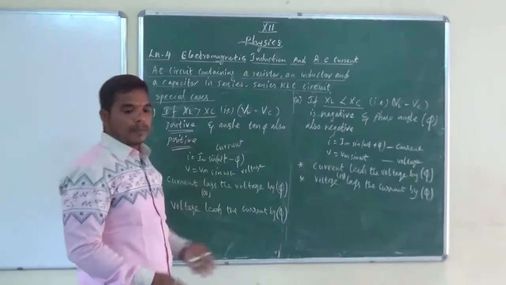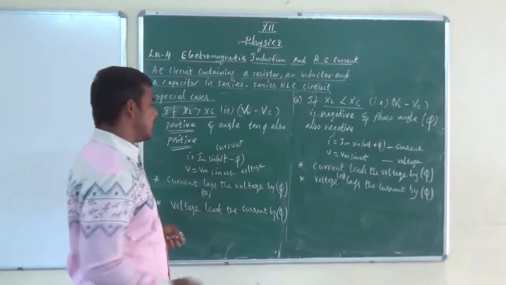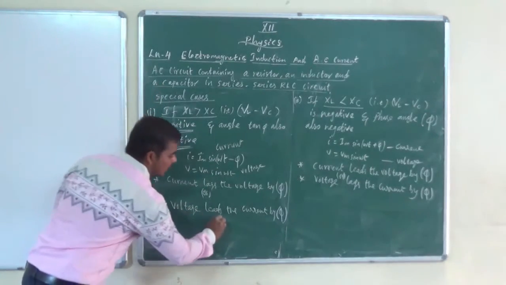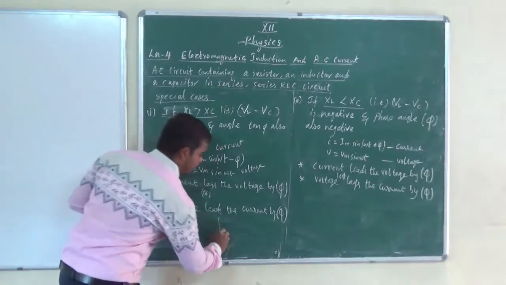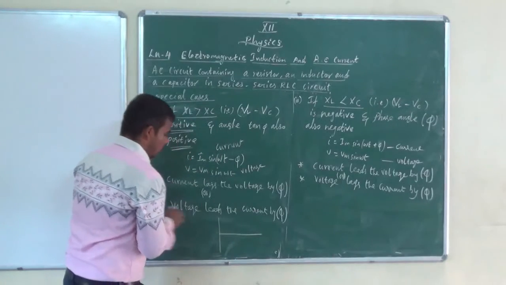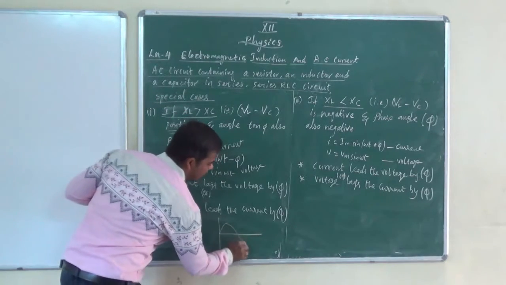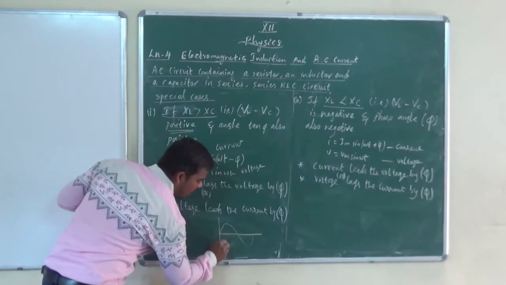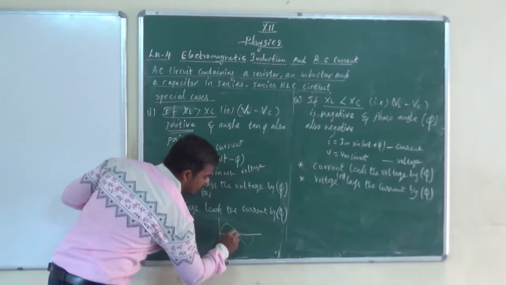If you have any doubts, if you draw the phasor diagram, see, I'll draw the phasor diagram first for the inductor, first condition. So this is voltage. How does the current lag? See the dotted line.